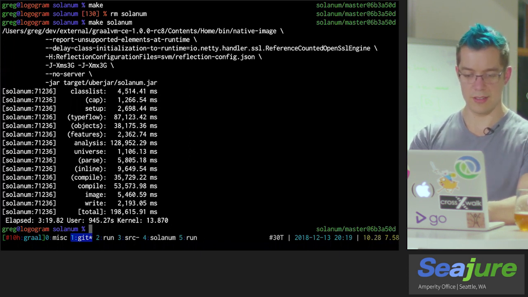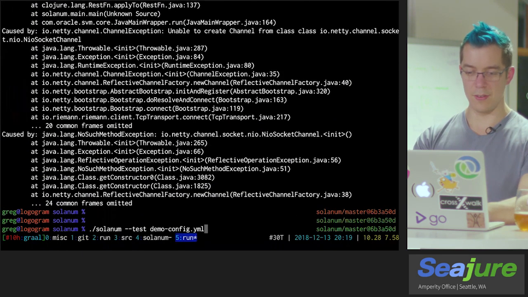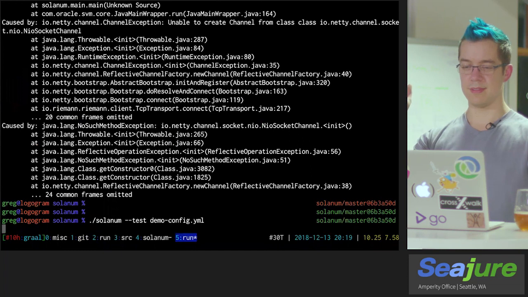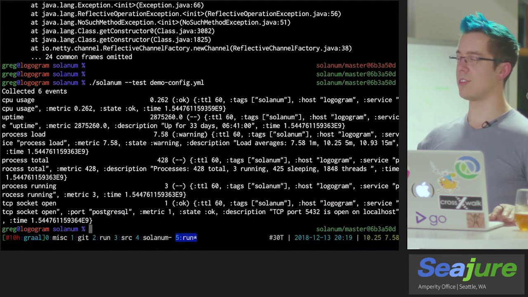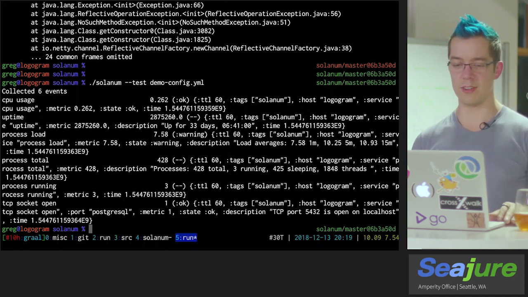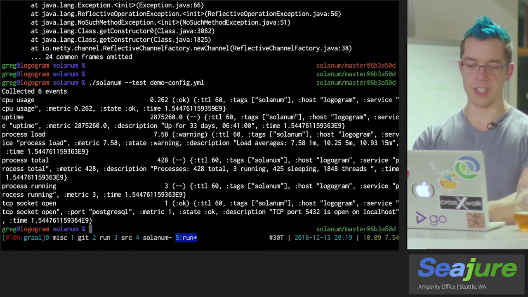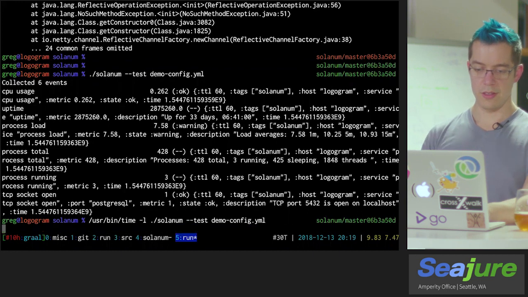Okay, so that's done compiling, and if the demo gods are favorable, hey, well, you can't see the Riemann side, but it successfully reported the events to both the terminal and sent them off to our Riemann server. So we now have a functioning binary, and just to do that.